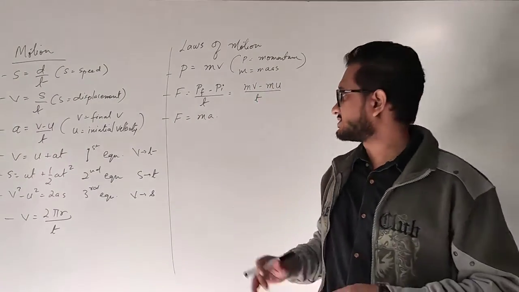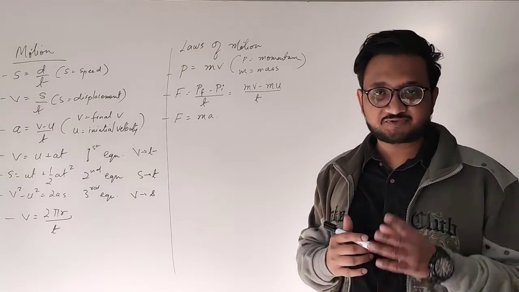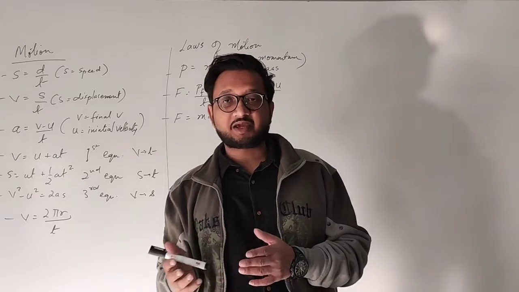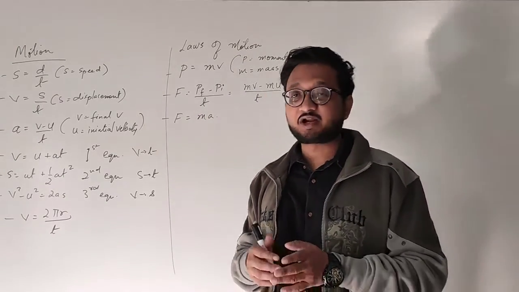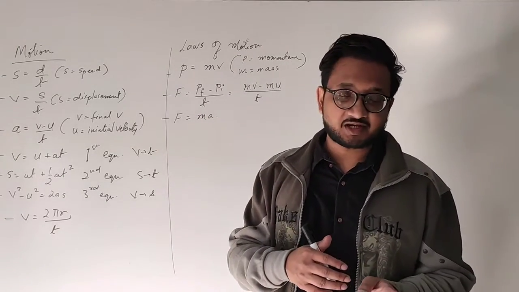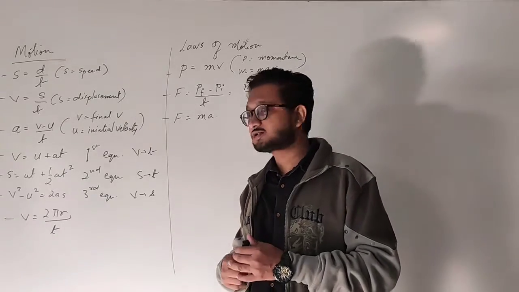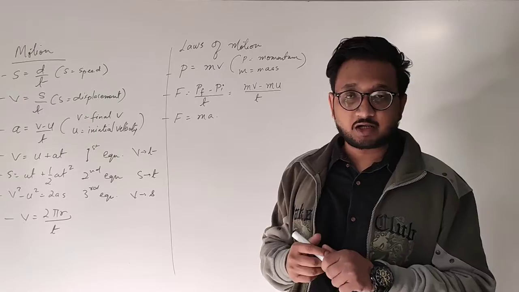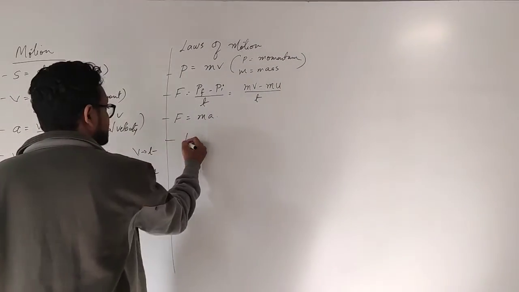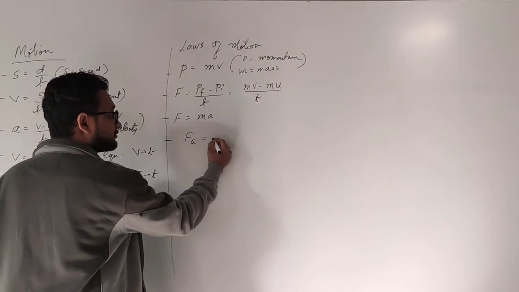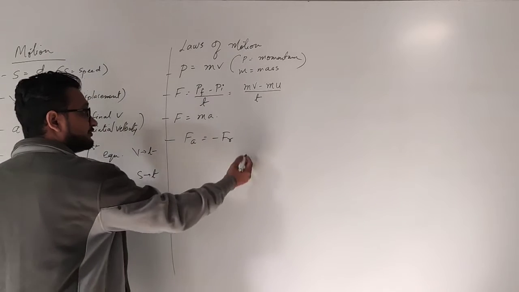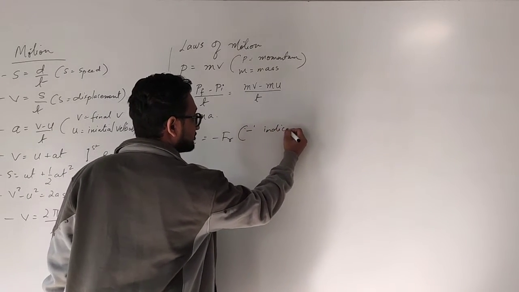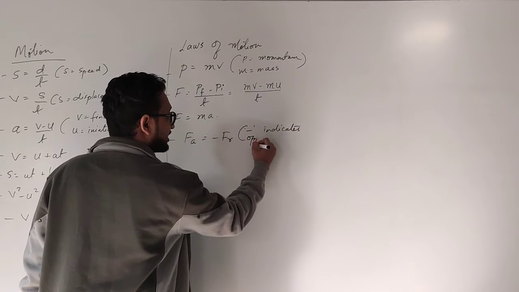Okay students, so this was second law of motion. Third law of motion, as we already know, it is the action and reaction are equal and opposite and they act on two different objects. So for every action there is equal and opposite reaction. This is the third law of motion, we also know that. But once again, we did not have any particular formula for the third law of motion. We only know that force F, that is action, is equal to minus force reaction, where minus sign indicates opposite direction.